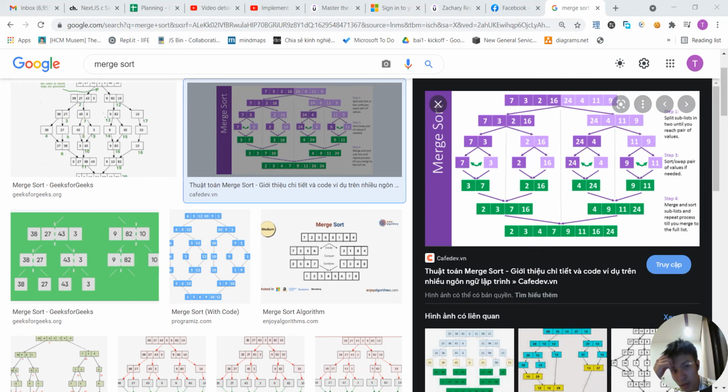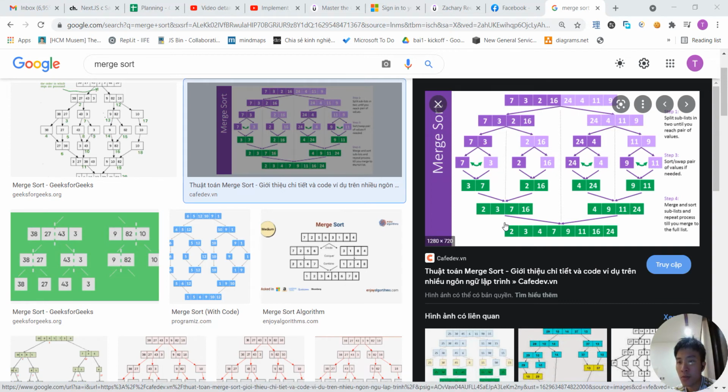Hello guys, in this video I wanna implement the merge sort algorithm. For the merge sort algorithm there are two distinct steps. The first one is partitioning, to partition the array. So from the original array, let's see, there are 8 elements. We first divide it into two halves